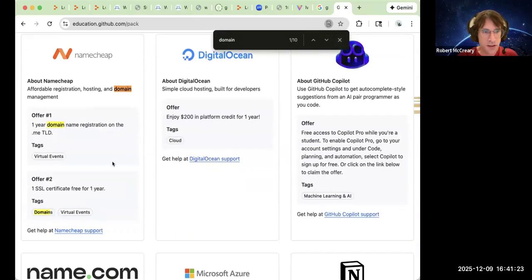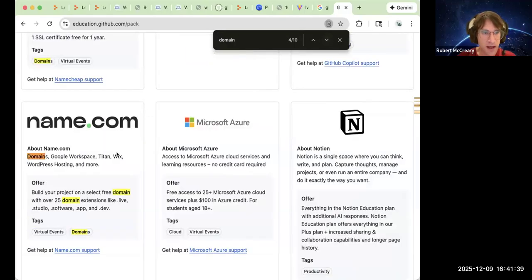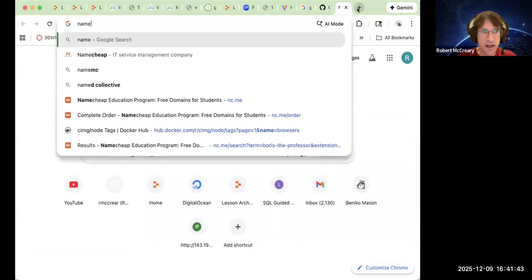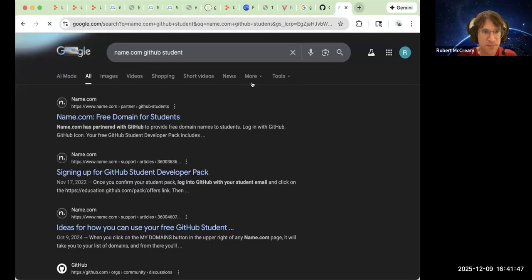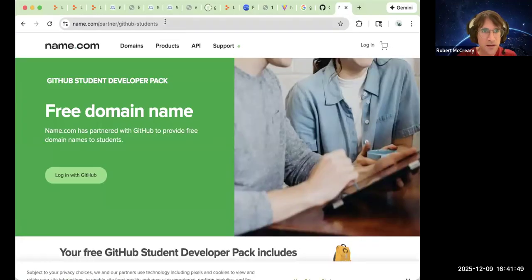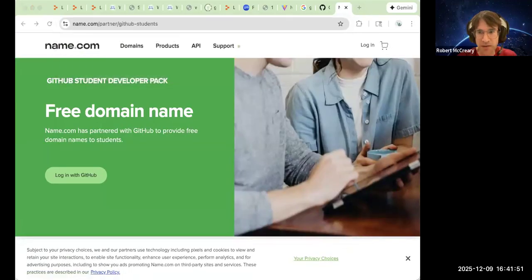So you get a free domain. Namecheap usually is free. Look at that. Oh, if it's a .me, it's free. But we had this question: how much does it cost after? So the .name, that's one. There's another one, name.com. This is another one. I'm going to put this into the chat. Name.com, GitHub student, and then you get a free domain, but